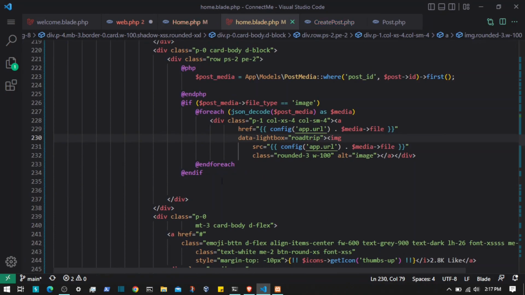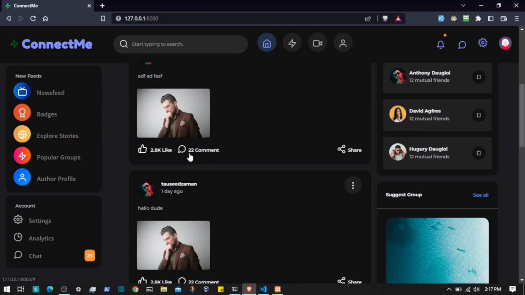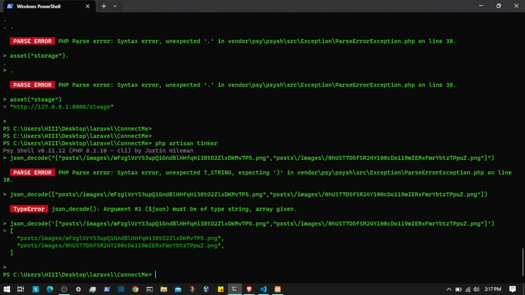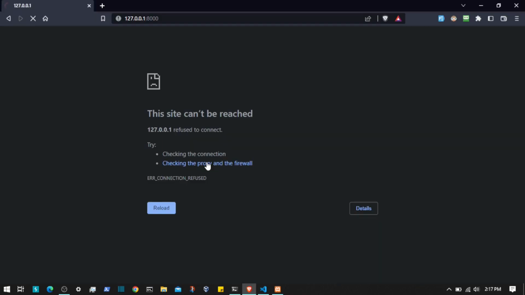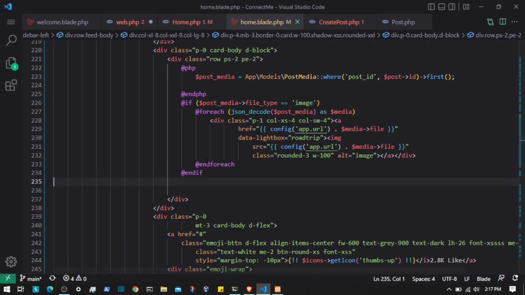I'm going to save this, and then come back to the UI and refresh the page, and let's see if there's, oh yeah, we have Tinker running. So I'm going to start the server and come back and refresh the page. We have an issue here. For each of this as media,